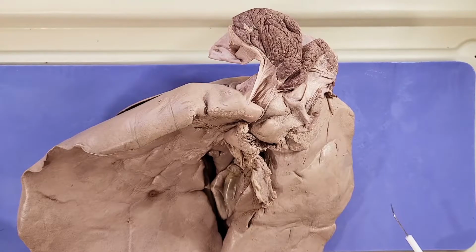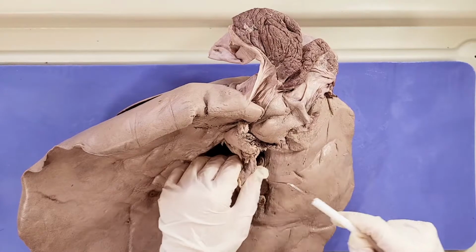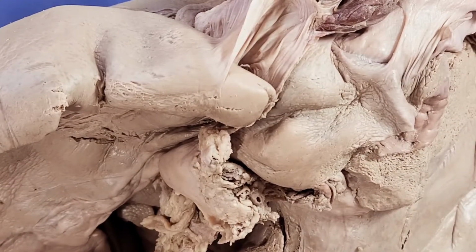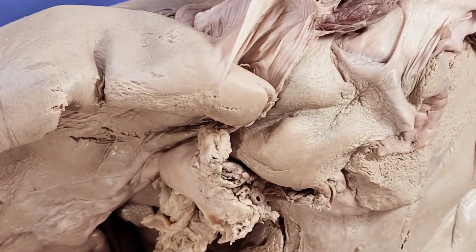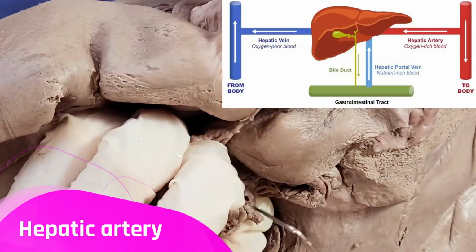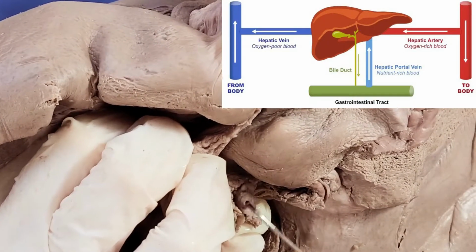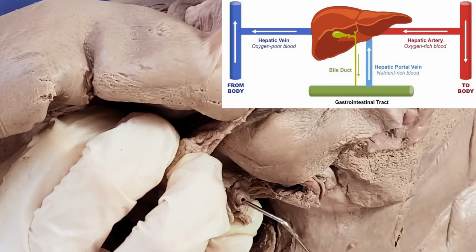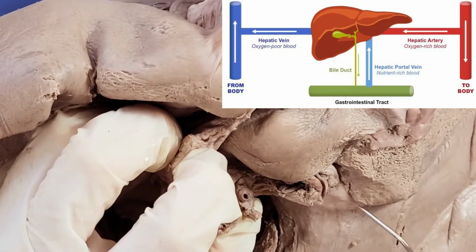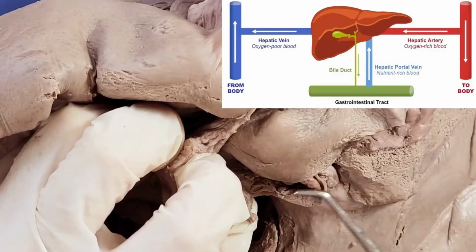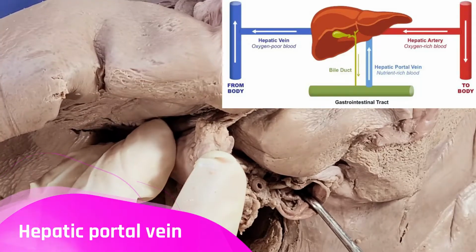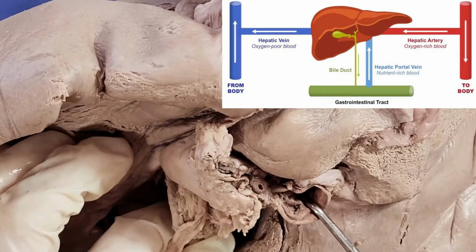And now let's look at some of the ways blood enters and leaves the liver. So we're going to zoom into this portion over here. So the liver actually has a dual blood supply derived from the hepatic artery and the hepatic portal vein. So here is the hepatic artery right here, which supplies arterial blood to the liver. And right next to it, around here, let me get a probe. So there we go. So that's the hepatic portal vein, which carries venous blood drained from the stomach, intestines, spleen,